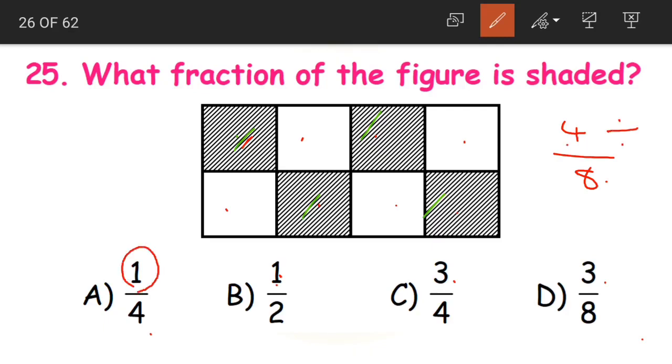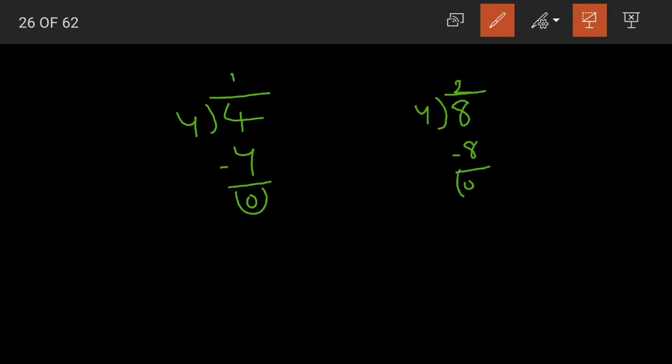See, here we are having 1 as the numerator in both option A and B. So when will we get 1? 4 divided by 4. 4 divided by 4 will give 1 in the numerator. And as we have divided by 4 in the numerator, we have to do the same for our denominator. 8 divided by 4 is equal to 2. Yes, see. 4 divided by 4. 4 ones are 4. When we subtract, 0 is remaining. 8 divided by 4. 4 twos are 8. When we subtract, 0 is our remainder.